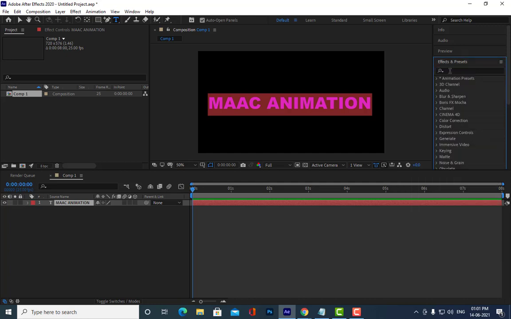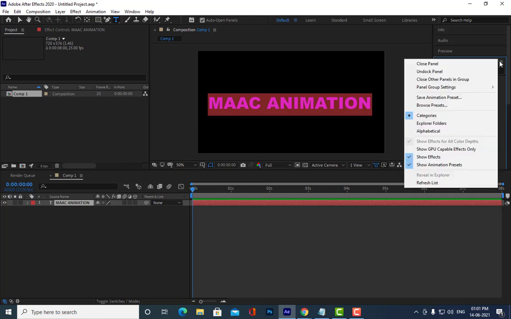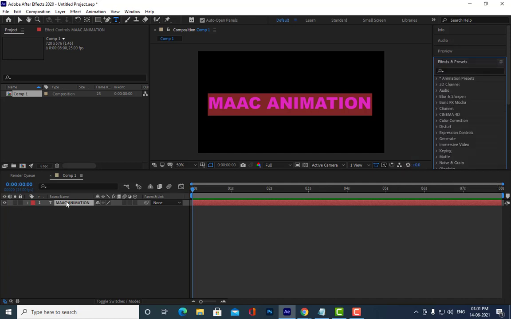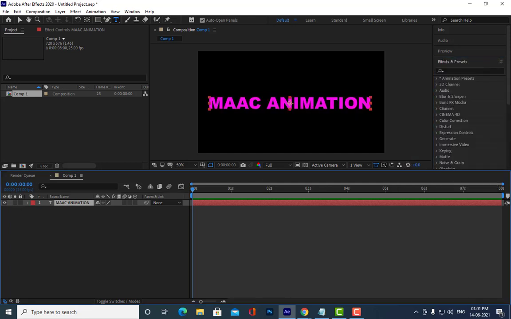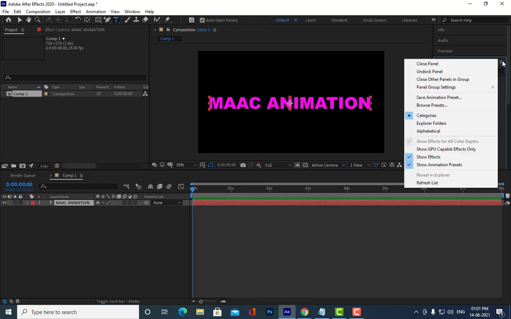See, there are plenty of effects which you can apply to the text, not just the path animation. Okay, and also the transform things. So see here, everybody observe, look at the screen.